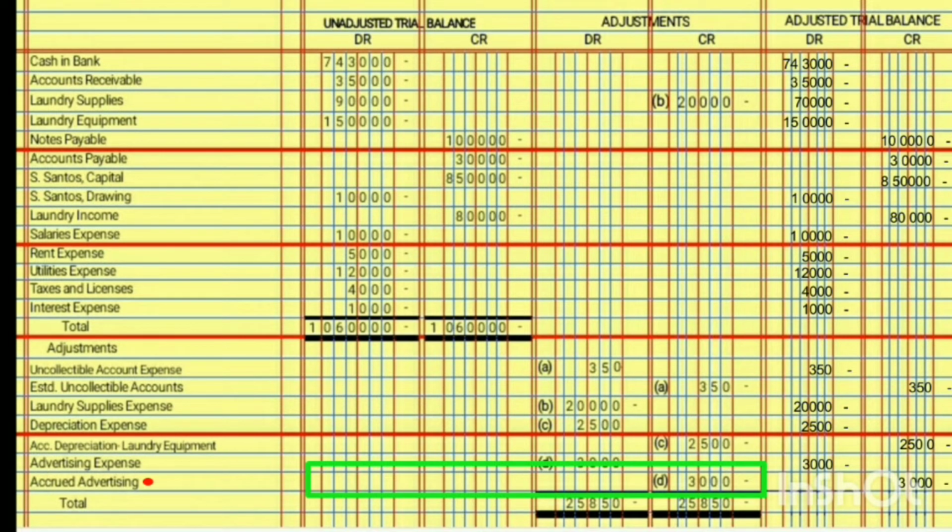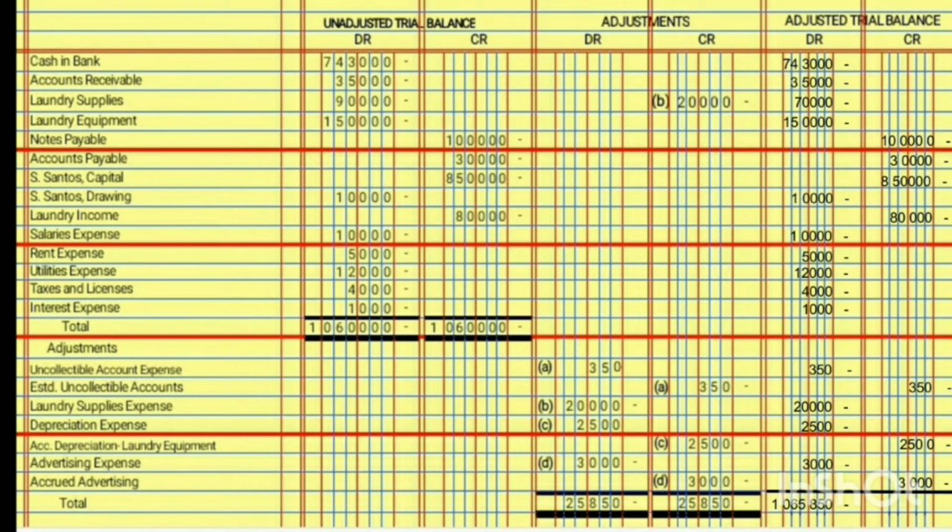Okay, so now the next thing that we're going to do is to total all the debits and total all the credits. And as a rule, the total of the debit must be equal to the total of the credit. So 743,000 plus 35,000 plus 70,000 plus 150,000 plus 10,000 plus another 10,000 plus 5,000 plus 12,000 plus 4,000 plus 1,000 plus 350 plus 20,000 plus 2,500 plus 3,000. So the total of the debit is